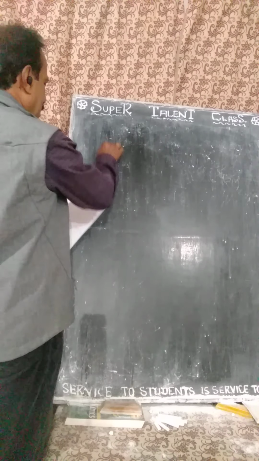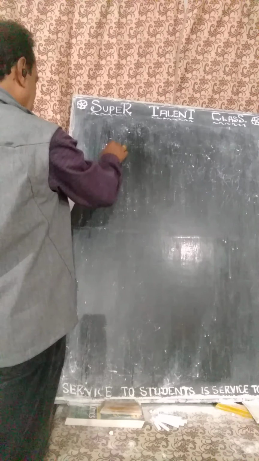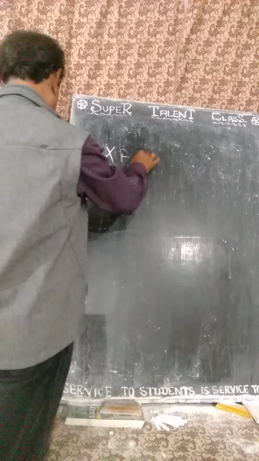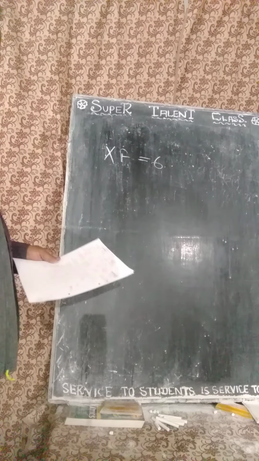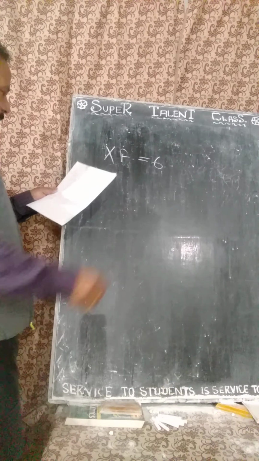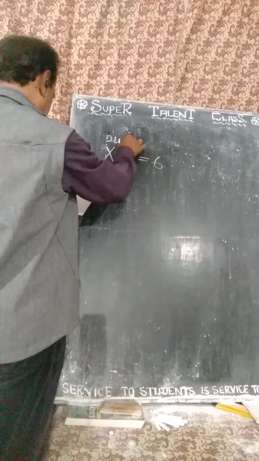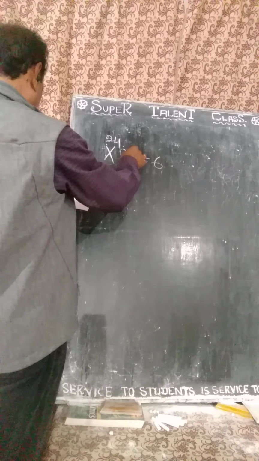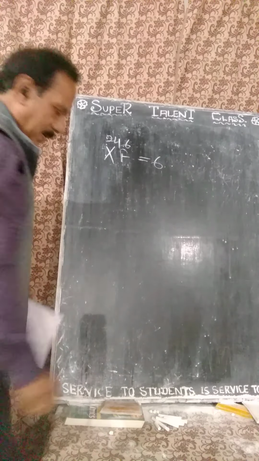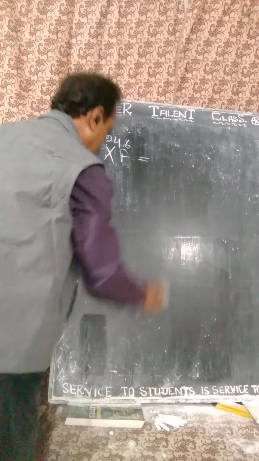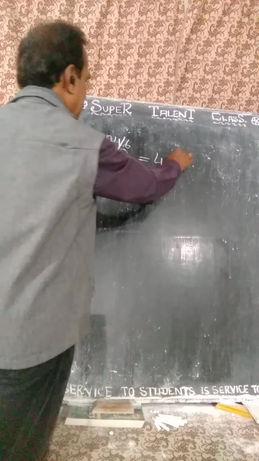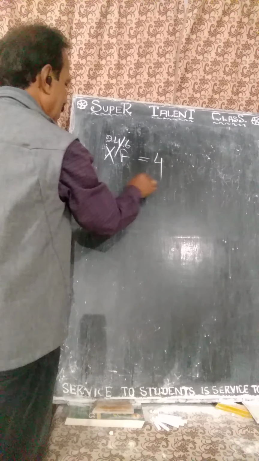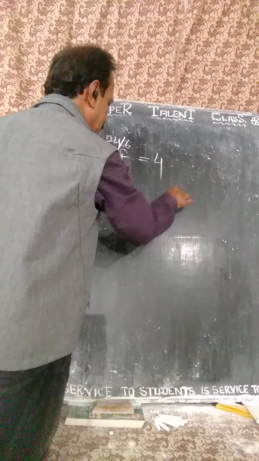Suppose you see what a question I am telling you. Just to see, X F is equal to 6. Find the logic. Any logic? X F. What is the number of X? 24. Sorry, that is 24 6. So that is 4. Find the logic. 24 divided by 6 is equal to 4. That is X by F is equal to 4. You see?